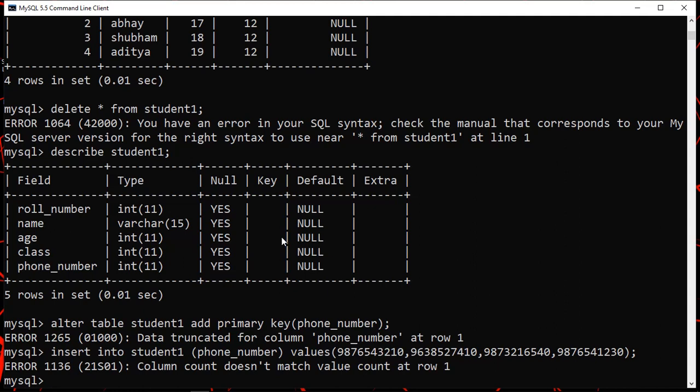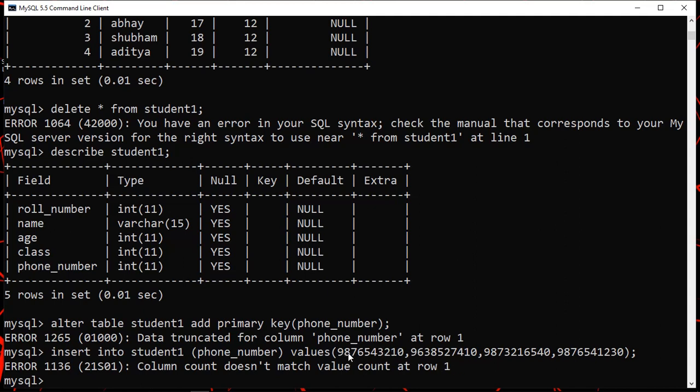Column count doesn't match value count at row 1. That means there must be some problem in the column count. At row 1 it is having some problem because I think phone underscore number is already given with the size int 11.